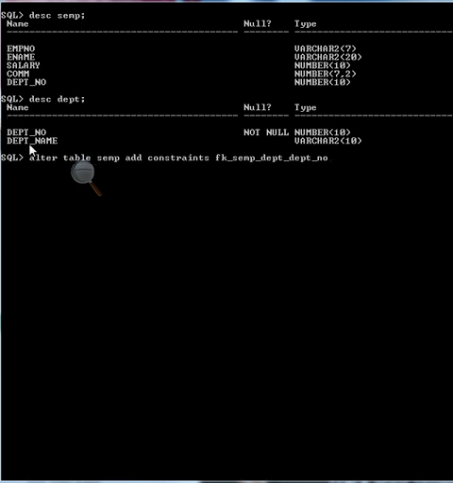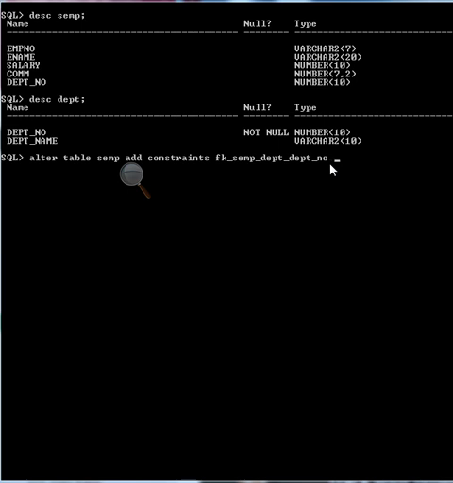This is the name of the SEMP table, this is the current table, and this is the name of the constraint. You can write any name as per your requirement, but it is good practice to have a naming convention with the name of the table and the column name.